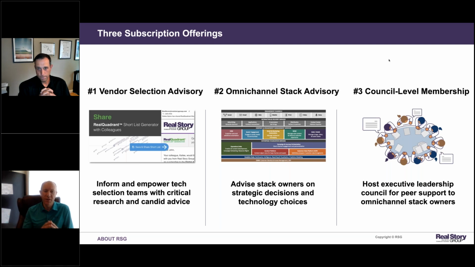We also have a council of MarTech stack leaders that meets 4 to 5 times per year, virtually for now, and it's an opportunity to learn from your peers from not only your industry but across all industries. We're fortunate to have a number of large Fortune 500 organizations that participate in that council. Our next session is on September 23rd about personalization strategy and technology. So if that's ever something that you want to discuss with us, let us know.